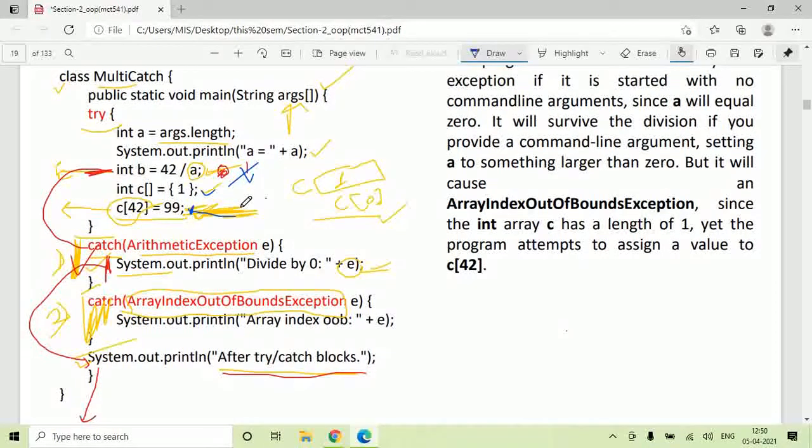So an object of type array index out of bounds exception is created here, and it will check whether the user has written an appropriate catch block to handle this kind of exception. If the user has written it, this catch block will get called. Array index out of bounds plus whatever the system-defined message is will get printed. This particular line gets printed and the program sequentially exits.